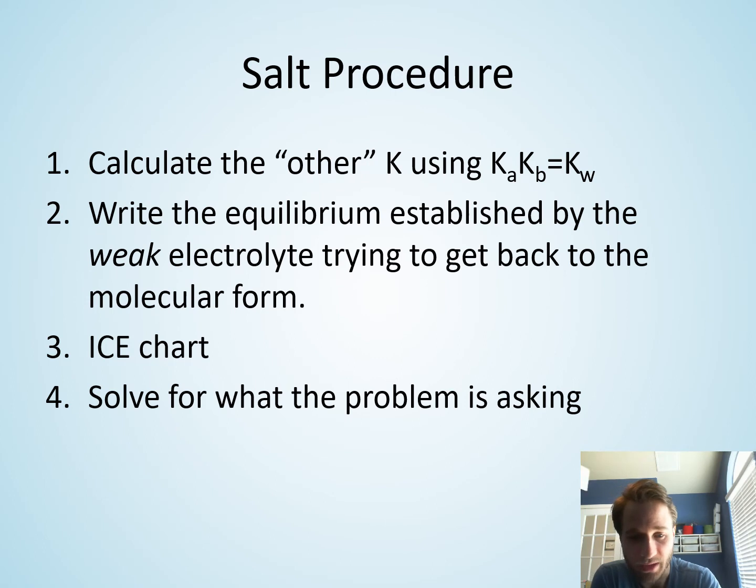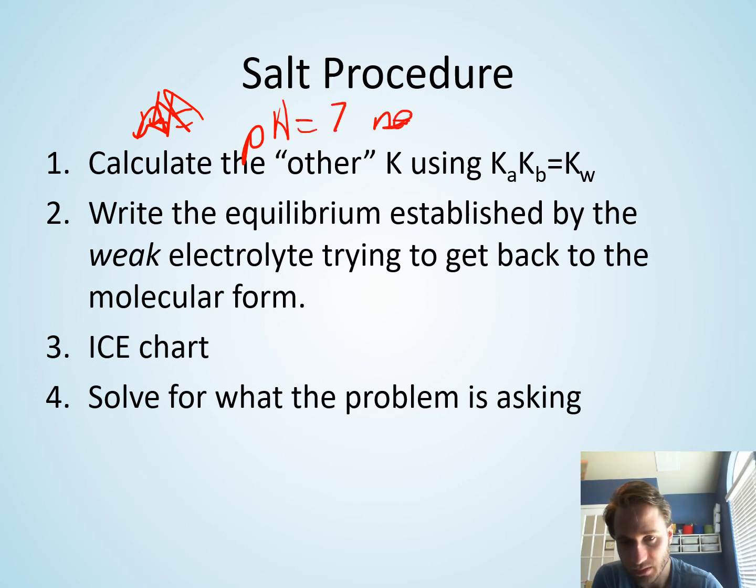Okay, so how would you calculate the pH of a salt solution? A neutral solution has a pH equal to 7. Now, if I don't have a neutral solution, say my salt is NaF. Sodium is a spectator ion. This comes from a strong base, so it does nothing, okay? And then F minus comes from a weak acid, so this itself is a weak